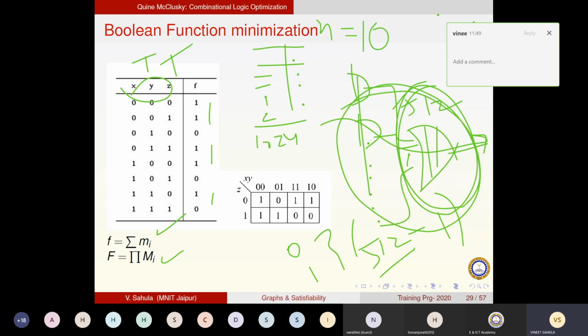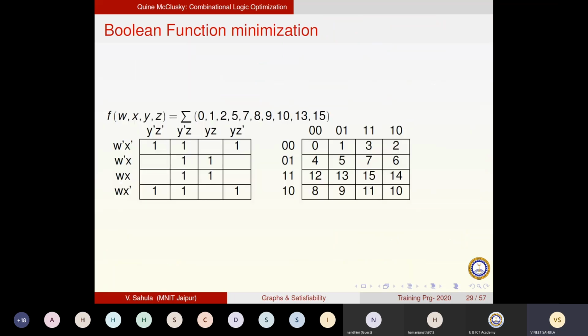So your Quine-McCluskey is not applicable now for minimization. If it is applicable, it is only applicable locally. So you now have 2 issues. You can apply 2-level logic optimization for n equal to 10 approximately, and above that you have to find some other ways for multi-level logic optimization, which we are not going to touch in this interaction. This may require about 3-4 more interactions. Let us do some very simple exercises.